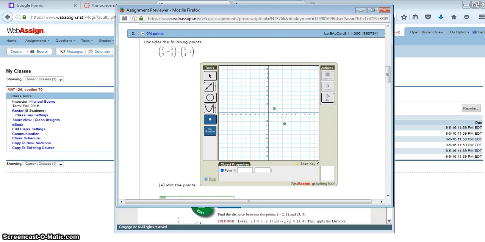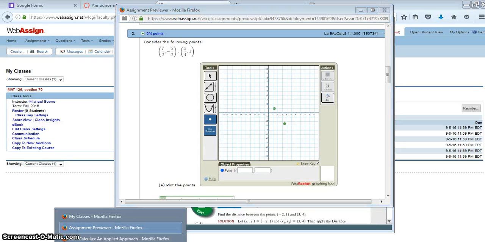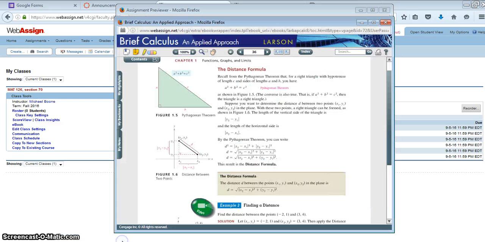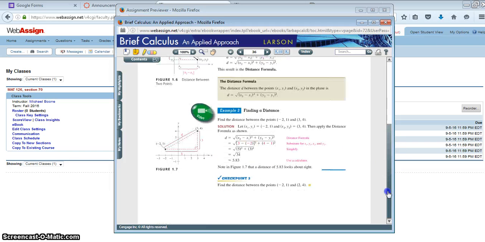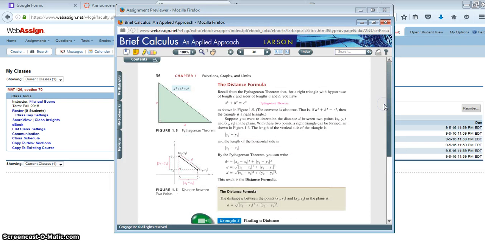So in chapter 1, section 1, there's basically two main important topics they talk about. They talk about the distance formula, and so here's the formula in your book on page 36. And they also talk about the